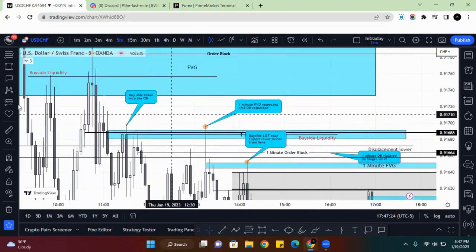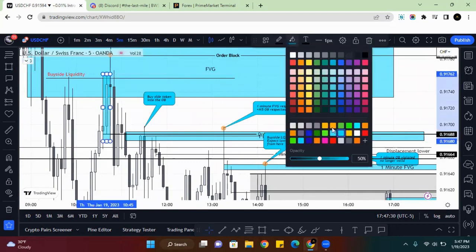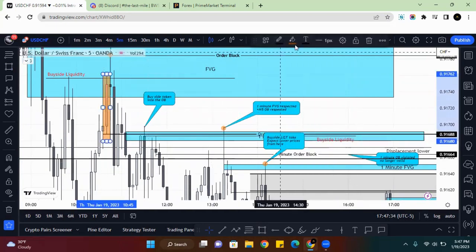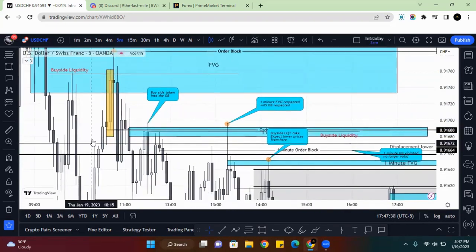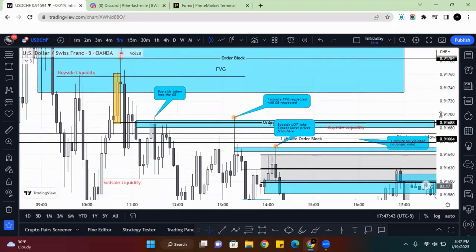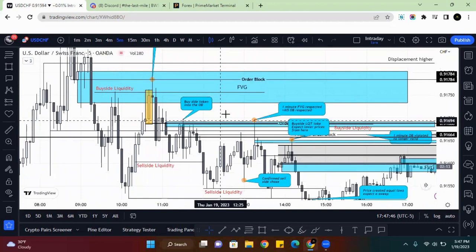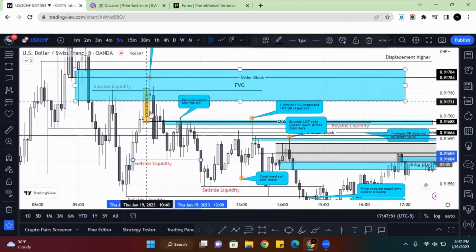The 5 minute order block is this last up candle right here. I'm gonna change the color of that. This last up candle. That color is so gross. I can't do it. Okay, so this is the last up candle before the drop, right? The reason why this is significant is because this was the last up candle before price took liquidity. You can see right here, price took liquidity. And that's why this is significant.